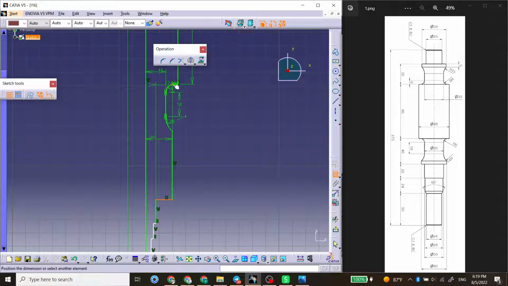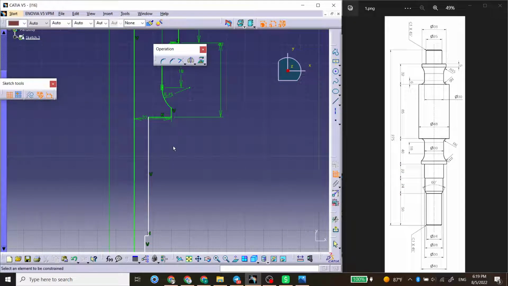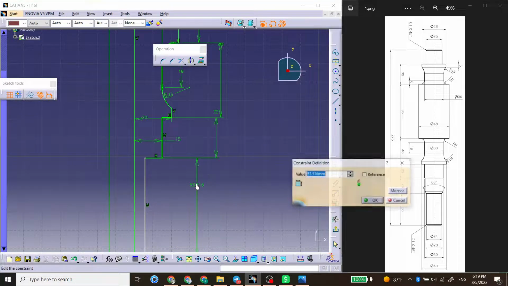By the way, from here to here is all 40, and this one is 22 with 50. We have here 22, 30. We have here 24